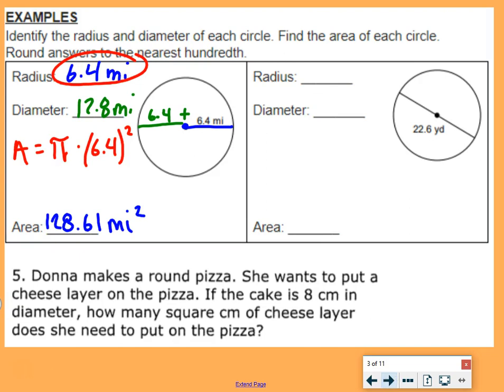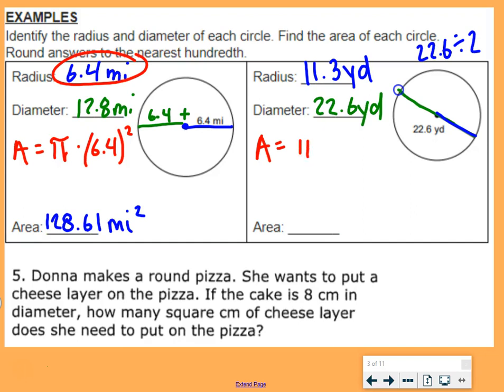Our second example here, we need the radius and the diameter. Well, what's given to us is the diameter, the whole distance across. So we know our diameter is 22.6 yards. The radius would then be half of that, so we would need to do 22.6 divided by 2. Doing that gives us 11.3 yards. Now we just need to find the area of our circle. Area equals pi times r, which is the radius,